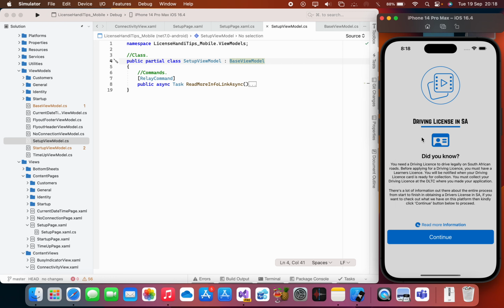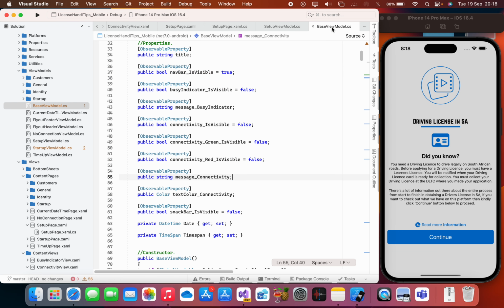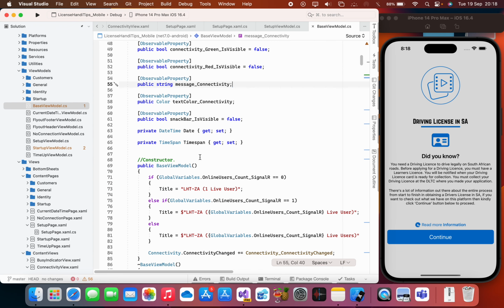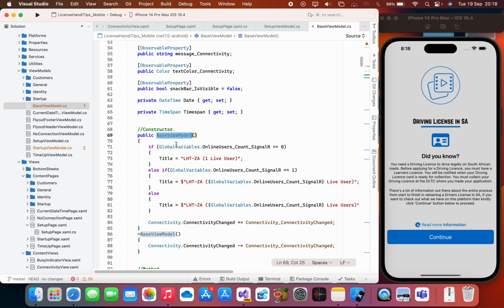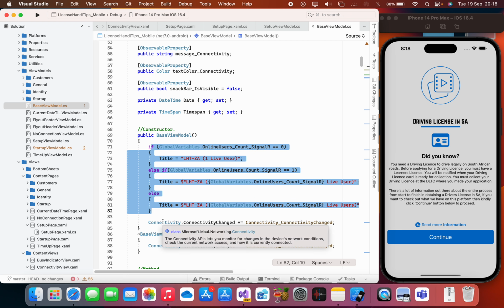Remember, on this page I didn't have to click anything. I only had to turn off my host Wi-Fi connectivity, because I can't do this using the iPhone simulator, but I can do it with the Android emulator. It's because everything is in the base view model. If I scroll down, I have the constructor, registering in the constructor and deregistering. So the constructor, after all of this, what is it going to do? This connectivity class comes from